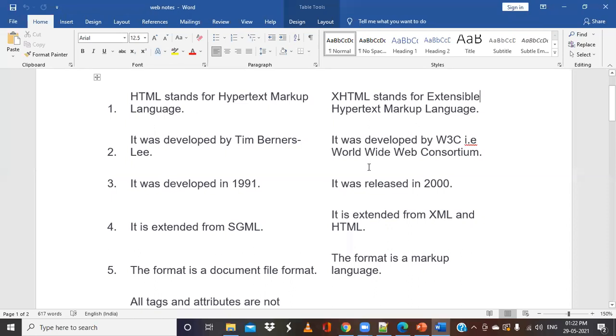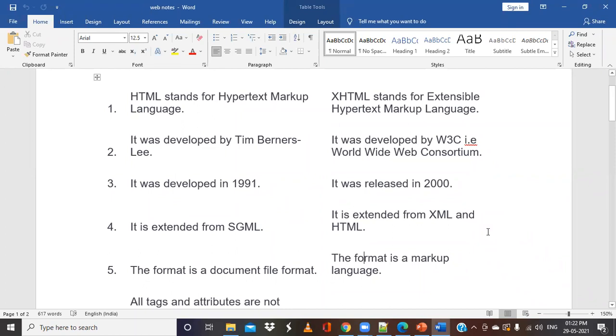XHTML was developed by W3C, the World Wide Web Consortium, in the year 2000. It has been extended from XML, the extensible markup language, and HTML. From that, it has evolved.